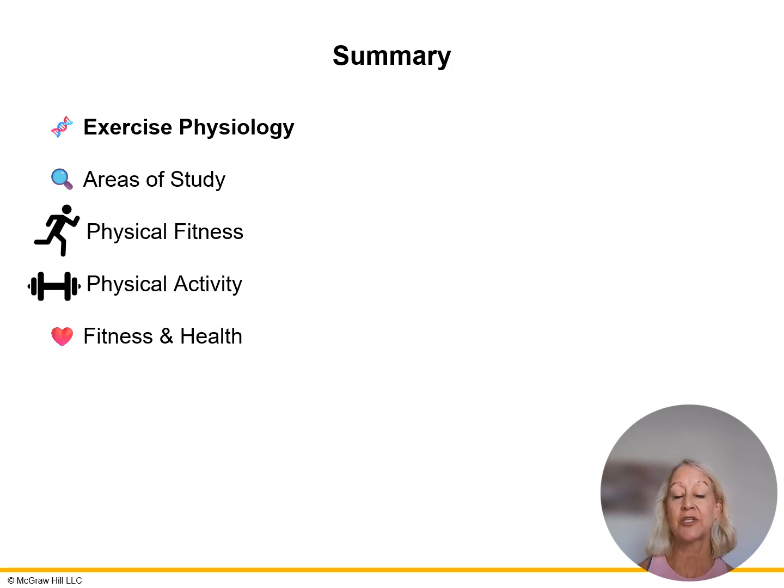So in summary, exercise physiology is the study of how the body responds and adapts to physical activity, both immediately, which are acute responses, and over time, chronic adaptations. Now, areas of study, we look at aerobic versus anaerobic exercise. We'll go more into depth in that in part 2 of our conversation in chapter 7. We also look at the cardiovascular responses, muscular and respiratory responses to exercise, and the energy systems, where we look at glycolysis, fast and slow, and oxidative systems, and the long-term adaptations to training, as well as programming for athletes,